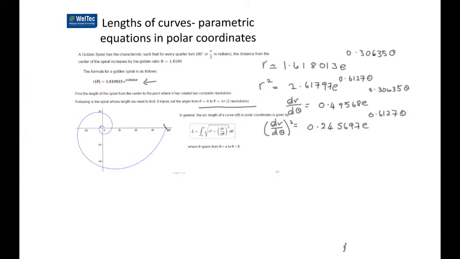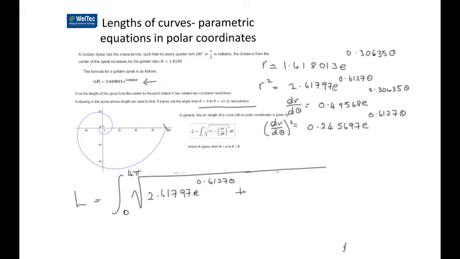Okay, so now we've got all the bits. We just have to put it into the formula. L is equal to the integral between 0 and 4 pi, because that's what it takes to go round twice, of the square root of r squared, which was 2.61797 e to the power of 0.6127 theta plus dr by d theta squared